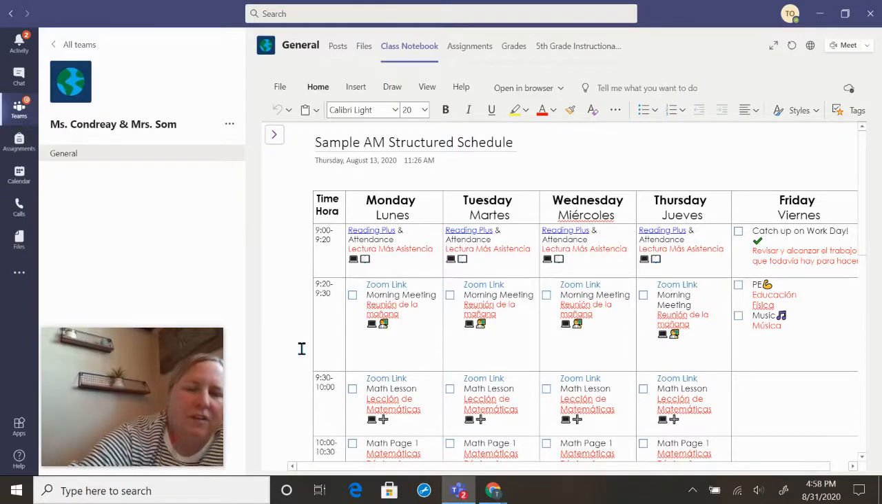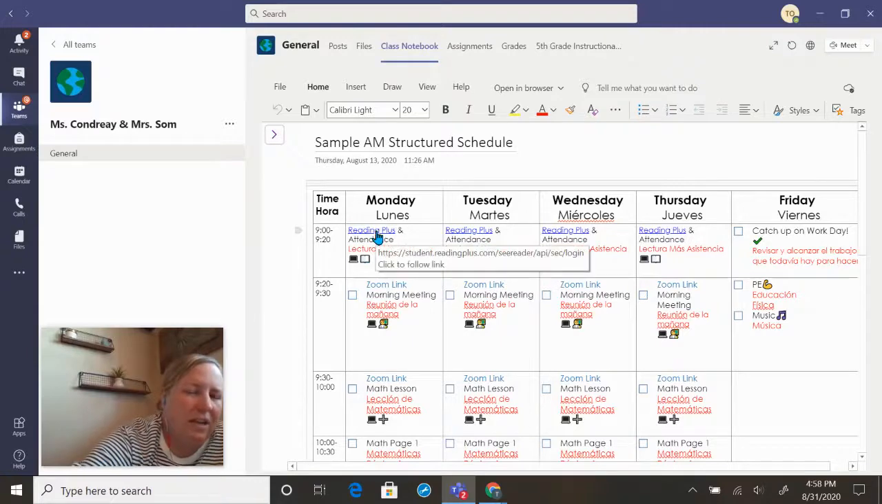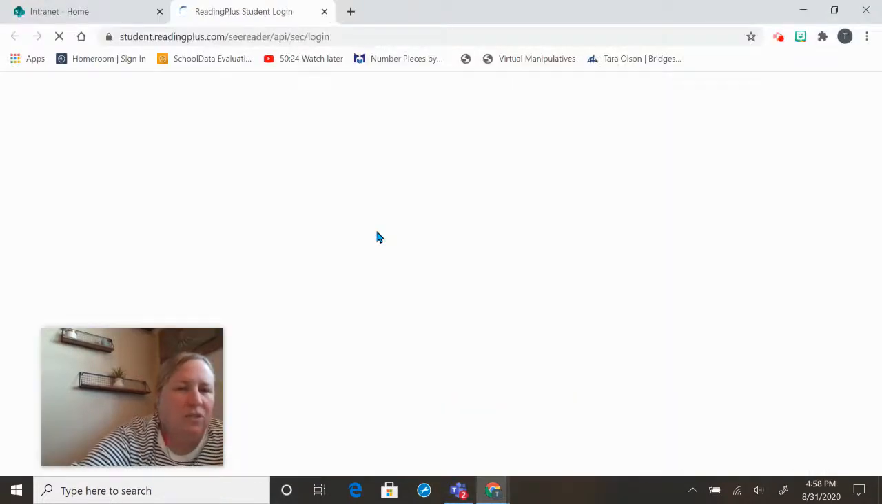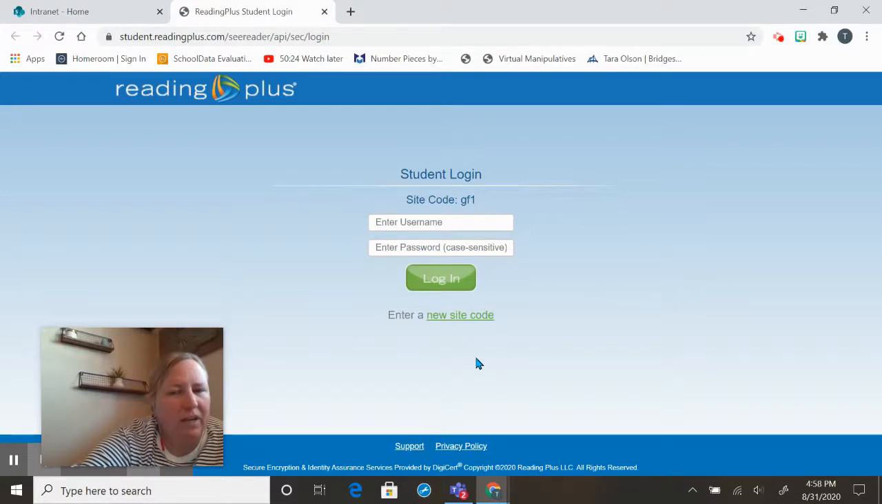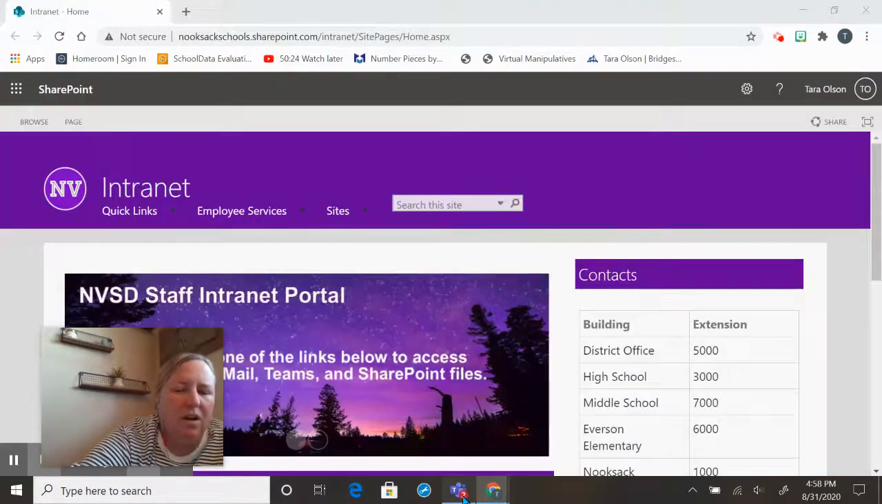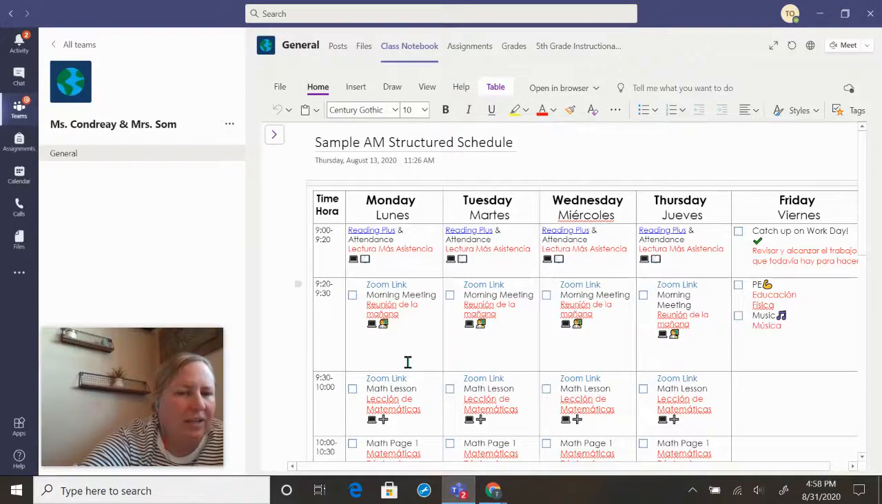So if I look at this very first section right here, 9 to 9:20, I see that it says Reading Plus in blue. The reason it's in blue is because it's a hyperlink. If I click on those words, it's going to take me directly to Reading Plus, which is where I can log in. Okay, and so each of those blue words on Teams is a hyperlink,